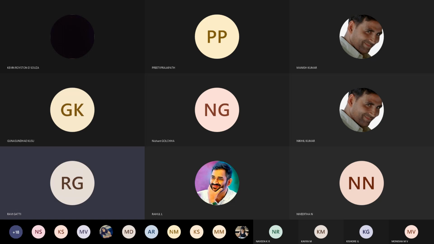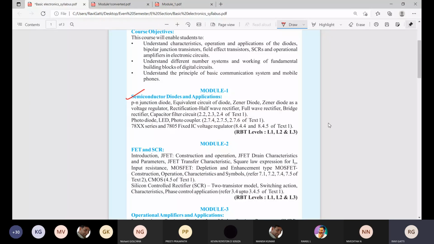Okay. In module number one, you're going to study one of the basic devices which you are going to use in the communication system. We call it a PN junction. You'll be studying the equivalent circuit of the diode. And there is one more important diode you are going to study. It is nothing but a Zener diode, and applications of Zener diodes, where it works as a voltage